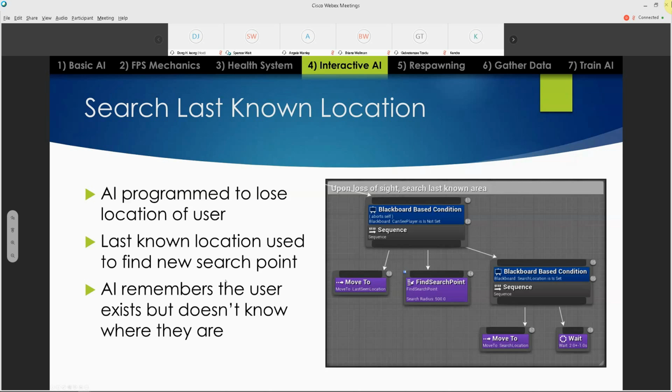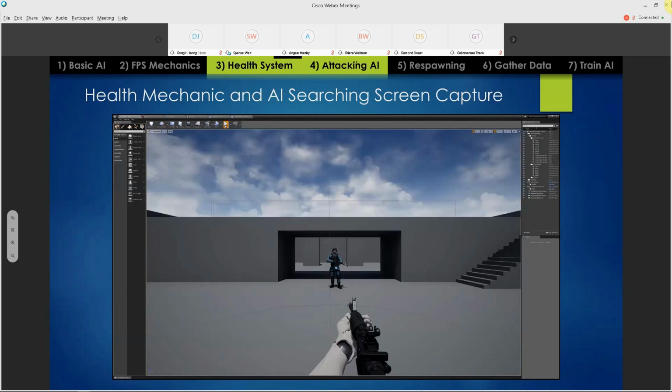So you can see on the right, this is another behavior tree segment, which is the condition of can you see the player, or if the player cannot be seen, then move to the last seen location, and then find a search point based on that, and then move to that search point, wait, and then continue through that. So the AI still remembers that you exist, but it doesn't know where you are. Now you'll see the health system